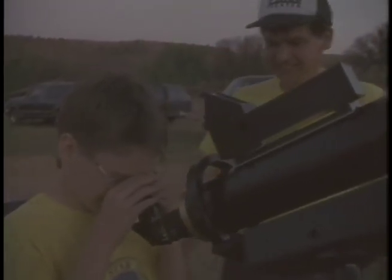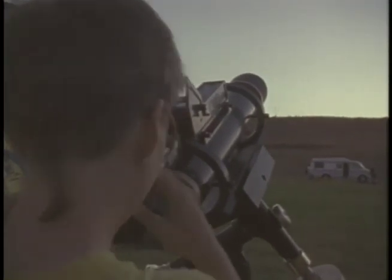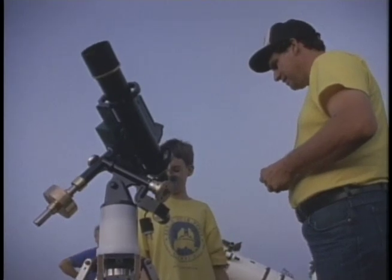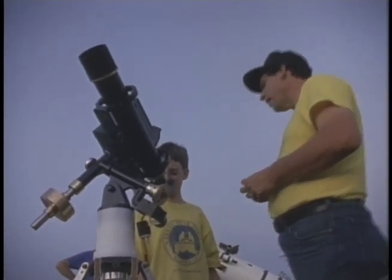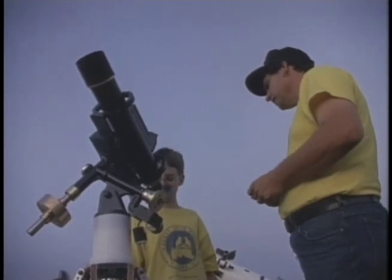Oh, wow. First object viewed astronomically through the telescope is Venus. It's a rainbow, all right. Yep. Ian has a long life of stargazing before him, but tonight will be hard to beat. It's definitely